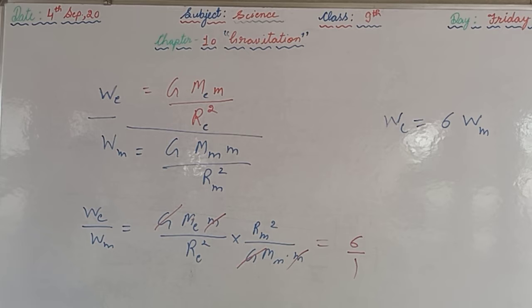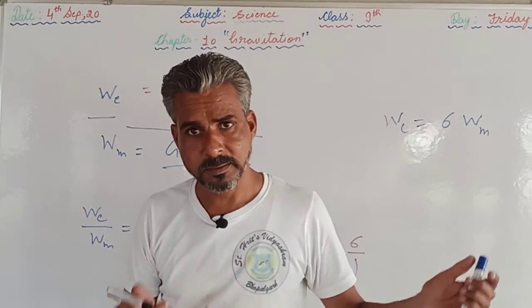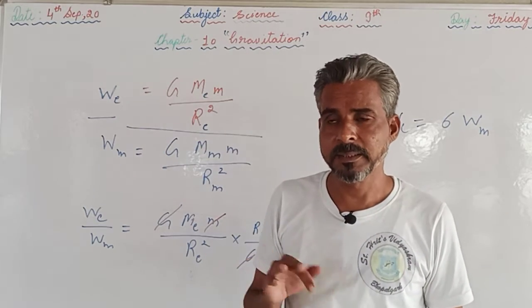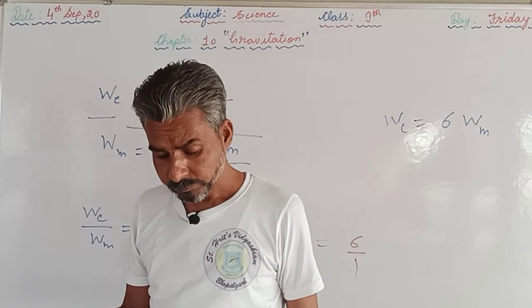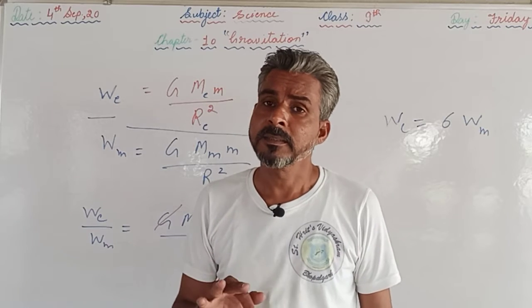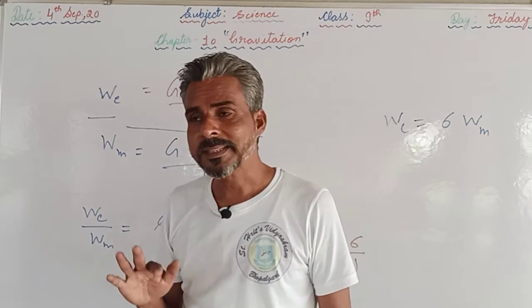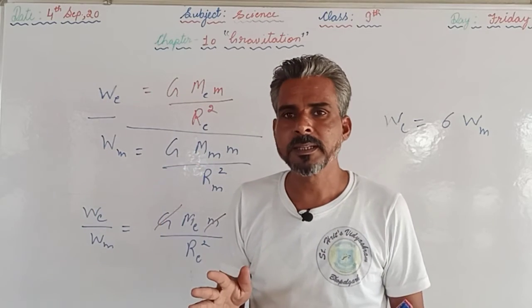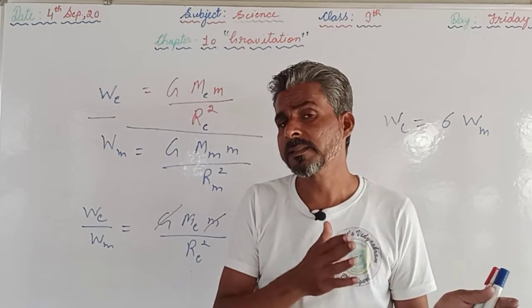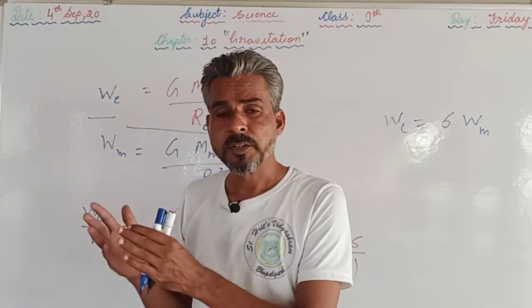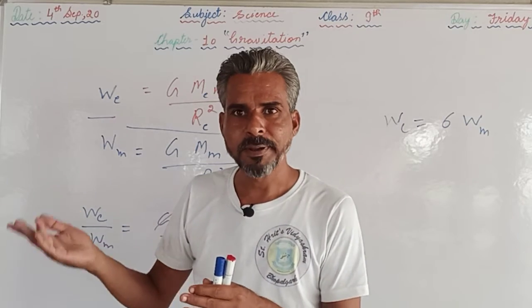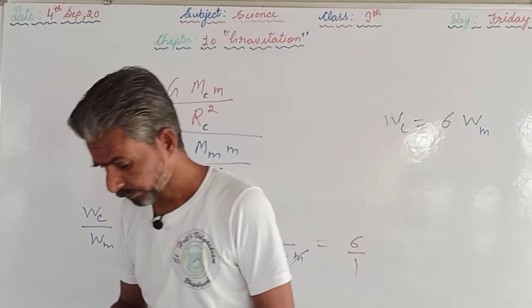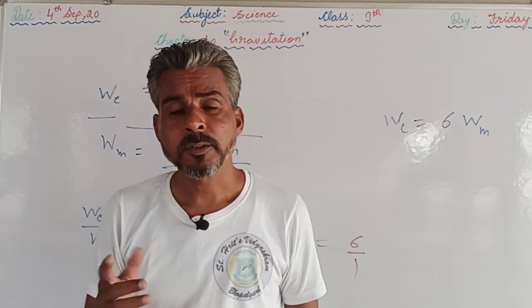In text question: what are the differences between the mass of an object and its weight? We have discussed this in the previous video. Again, mass is the measure of inertia, or we can say mass is the amount of matter contained in an object, whereas weight is the force by which the earth is attracting any object towards its center. That is the first difference, the definition. Second one, the SI unit. SI unit of mass is kilogram and the SI unit of weight is Newton. Third, mass is a scalar quantity and weight is a vector quantity. Now next one, the most important one, mass is constant.